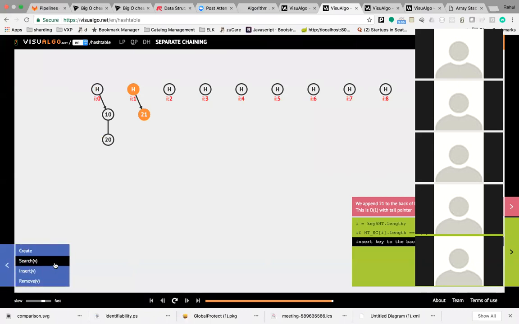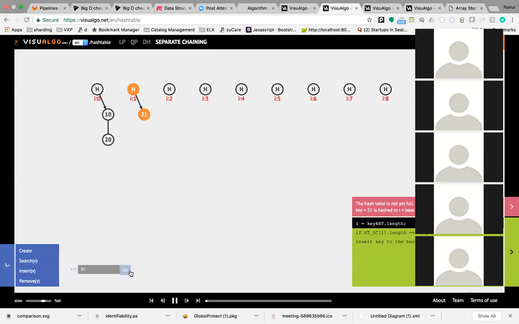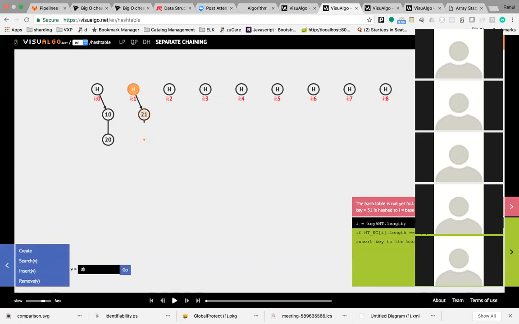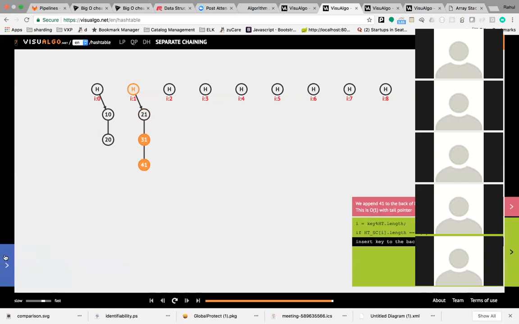Now if I do 21, it will go to the next one. Insert, let's say, 31, it will go to the second. Let me insert another, like 41. You see what happened, right? It goes to the location where it is indexed, and then it goes down and finally inserts it. Let's say somebody wants to insert 21 again, then what will happen? It goes, finds it, and then